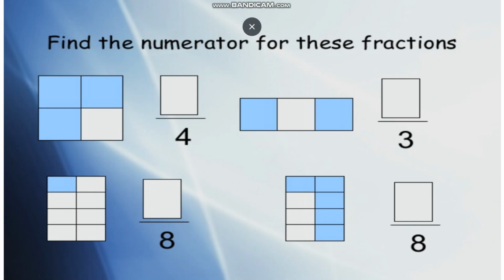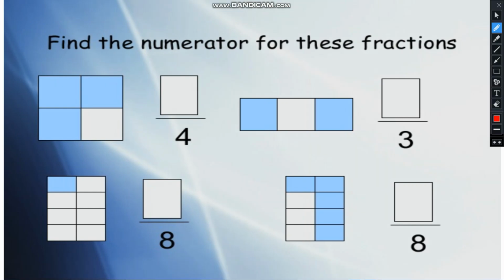In these figures, you can see a number of figures here. Now let's see. Over here, suppose this is a square, it is divided into 4 equal parts, the denominator is 4, and how many parts are shaded? Yes, 3 parts are shaded, so we will write 3 here. Now take the example of this shape. Total parts 3, the denominator is 3. How many are shaded? 1, 2. So we will write 2 here.